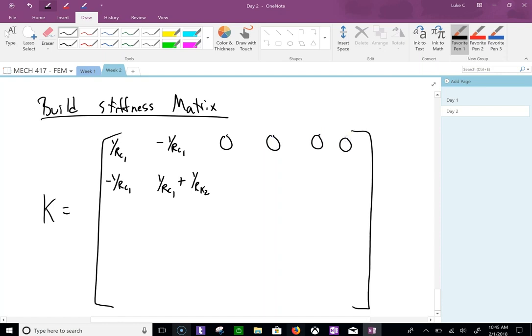Because this next four is element 2. So this would be R negative, right? RK2. Negative 1 over RK2. And this should be 1 over RK2 plus